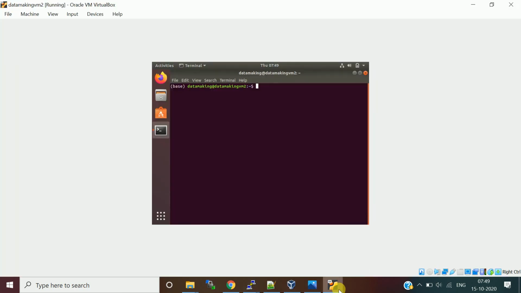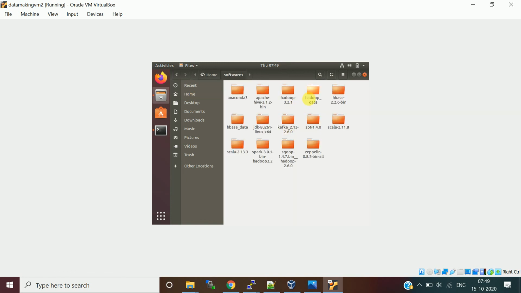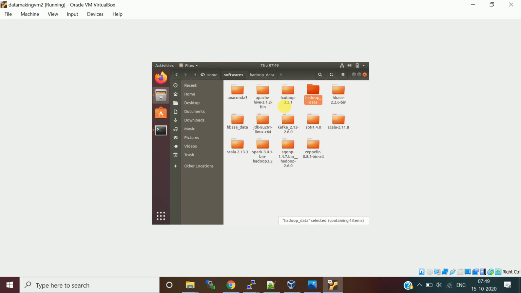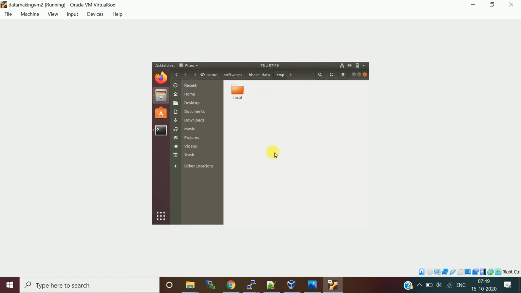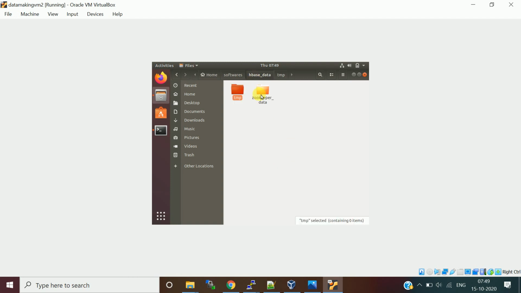I'll open the HBase data folder. Sorry, it's Hadoop, right? HBase data: I'll remove whatever data is in the temp folder, and I think there's no data for ZooKeeper.